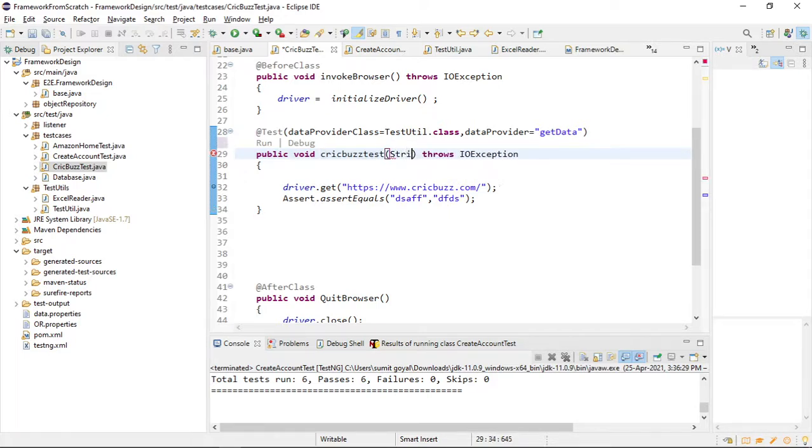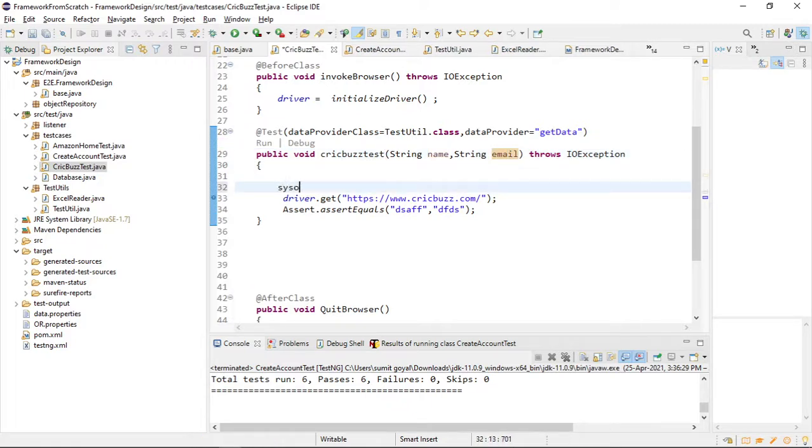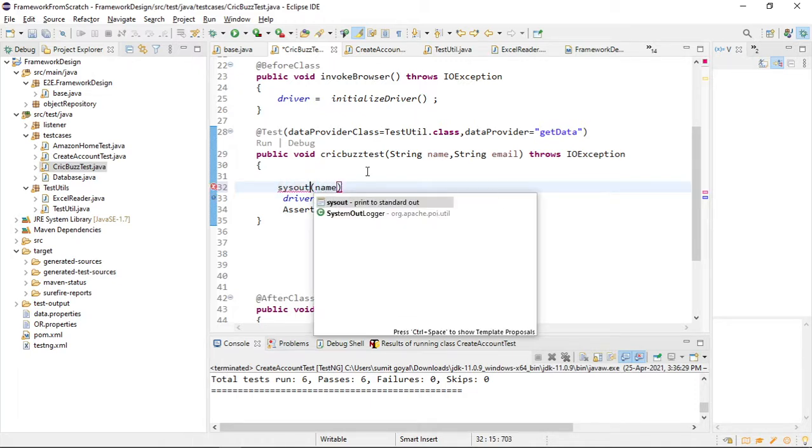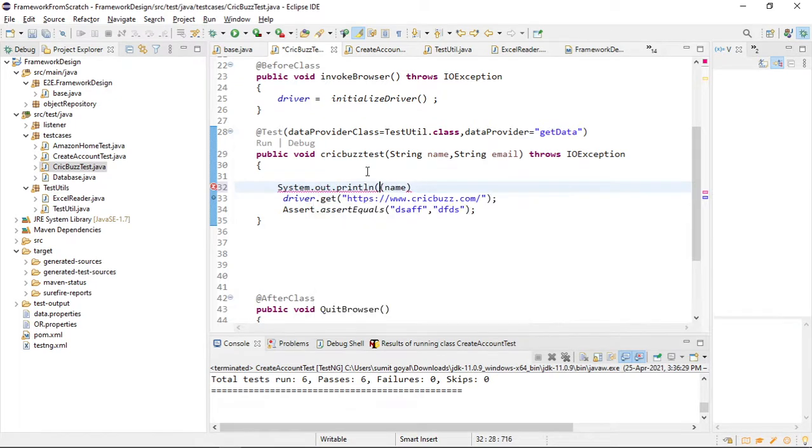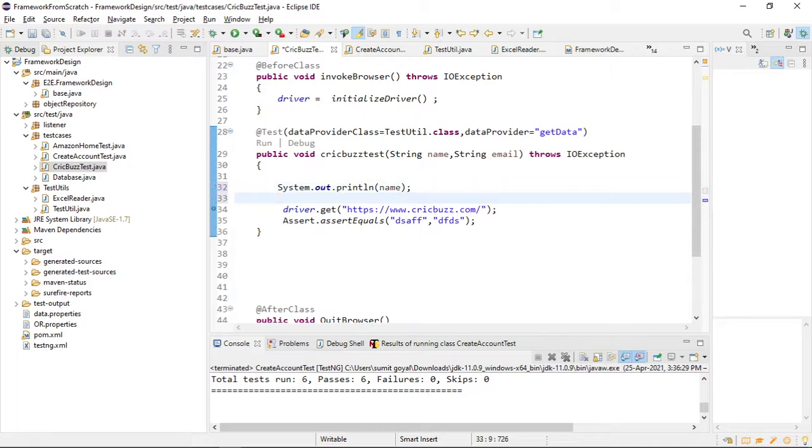String name, string email. And now if I print it, now I will again debug this program.